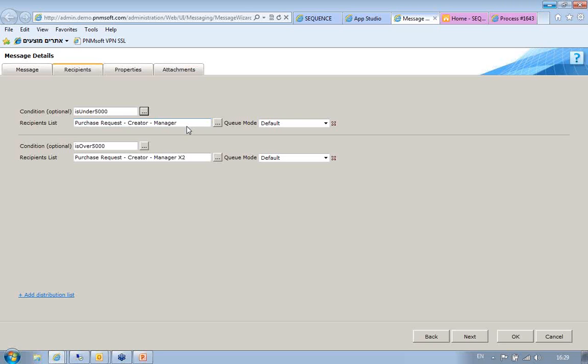So the $5,000 cap wouldn't necessarily be hard-coded into the business rule like I did over here. It could be something that comes from an external source, and the recipient, far more important, would also be dynamic. So in this case, it's the direct manager or the manager's manager for whoever created it, or it could also be based on a group, which we'll have a look at in a second. So if I look at the business rule over here,